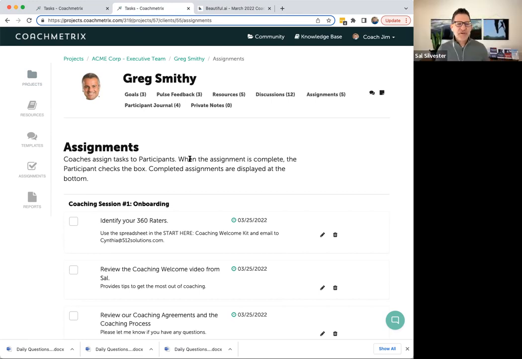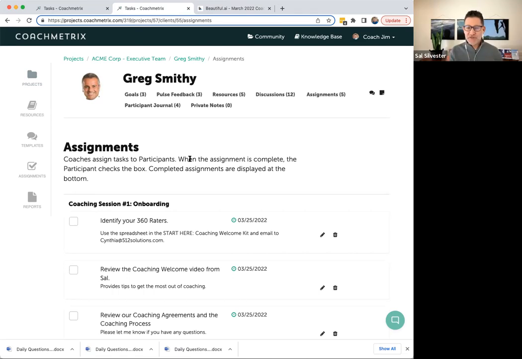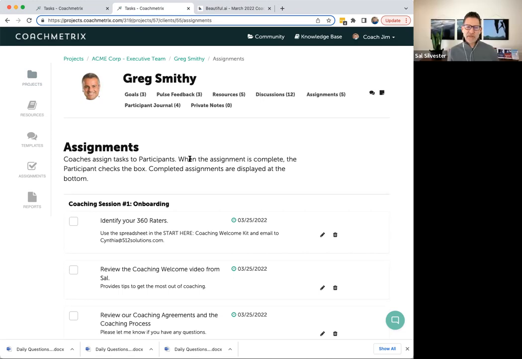No, you don't need to apologize, because this is one of the things that we're fixing in Coachmetrix 2.0. So at a high level, Susan, we built all of these features over the last couple of years independently from each other. And the user flow is different. Over the next several months, we're going to be rebuilding these features so that the flow of how you build them and assign them is the same. Now, having said that, let me show you how to do that.